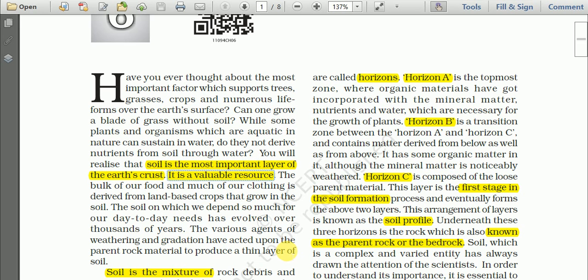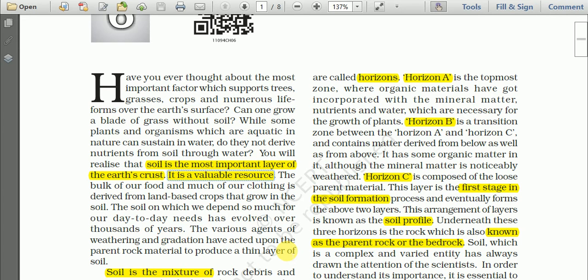The bulk of our food and much of our clothing is derived from the land-based crops that grow on the soil. Food for the animals, food for the human beings, and food for the plants. All the nutrients for the plants are derived from the soil only,